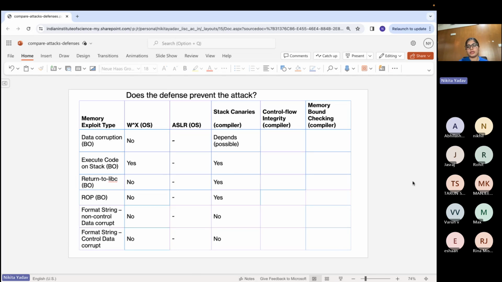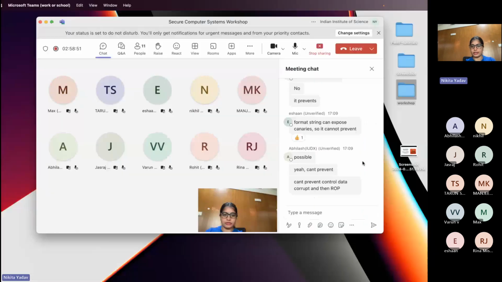So that's why we are focusing on control flow corruption, and that motivates that we need another defense. We need another defense which is particularly for control flow integrity, to ensure the integrity of the control flow data which is stored in your program. So that is control flow integrity, which we will be looking at now. And if you have any question about what we have covered so far, then please let me know. Otherwise, we will look at